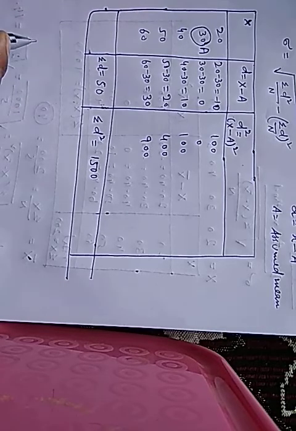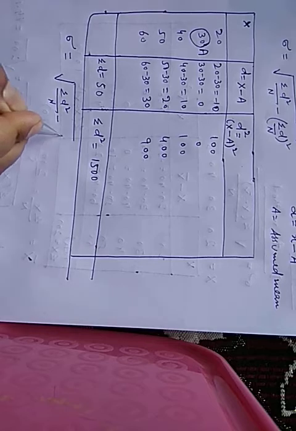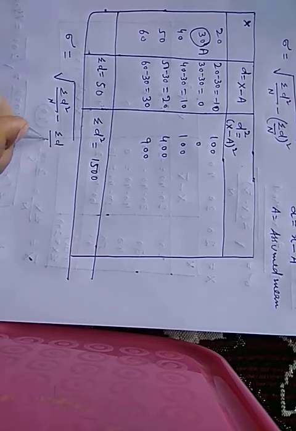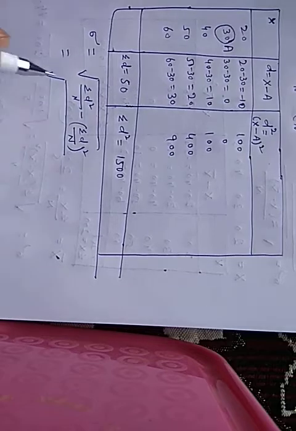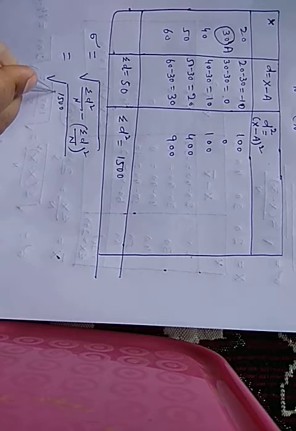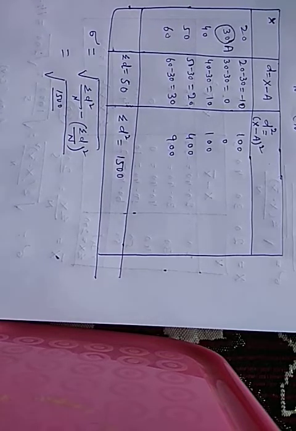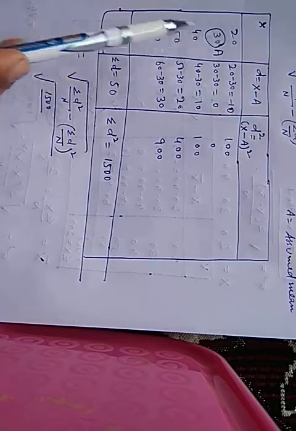Now applying the formula of standard deviation, it will be equal to under root of sigma d square, which is 1500, divided by n, number of observations, number of items in a given series, which is 1, 2, 3, 4 and 5, that is marks of 5 students,